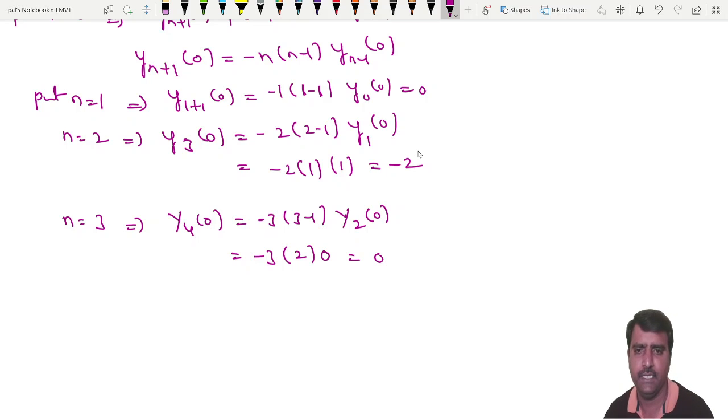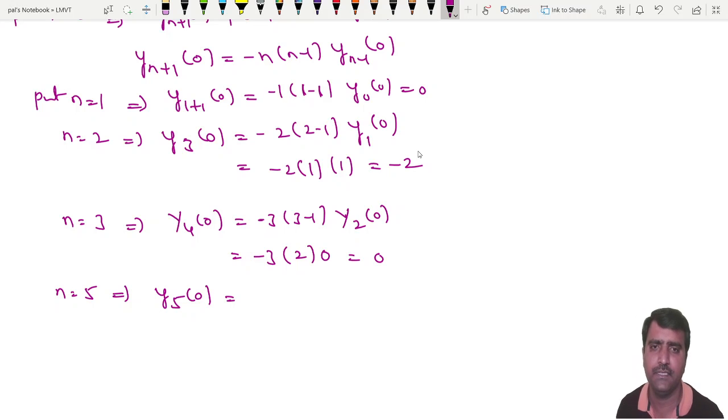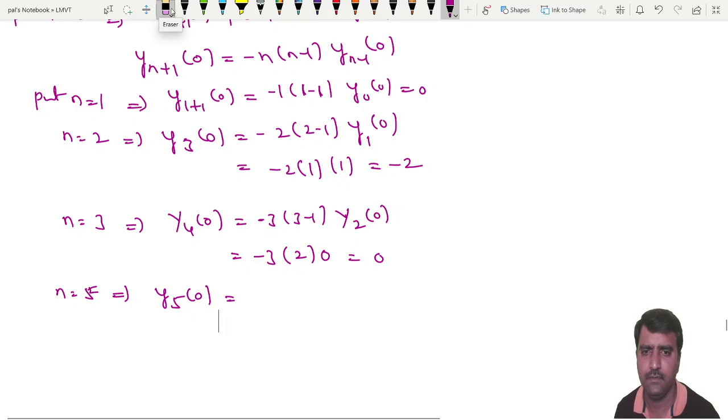So it is 0 only. Take n is equal to 5, which implies y5 of 0. Here, we need to put n as 3 in this expression. Actually it is not, sorry, put 4. So just put n is equal to 4 here. So putting 4 for n,